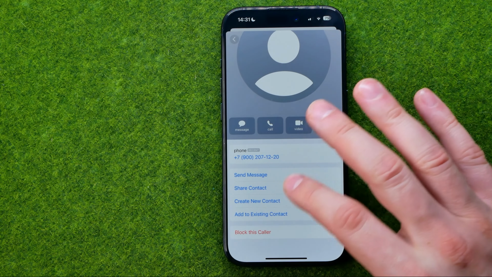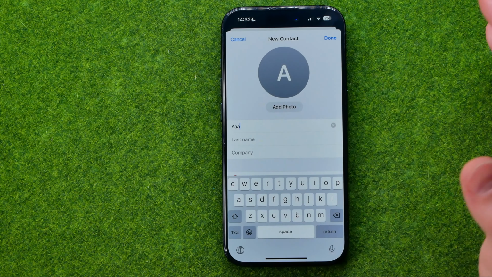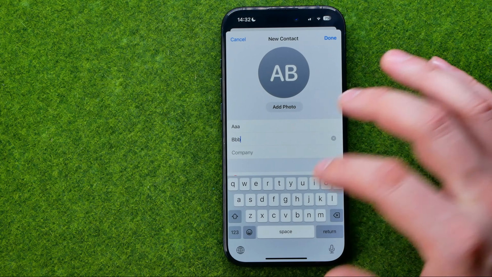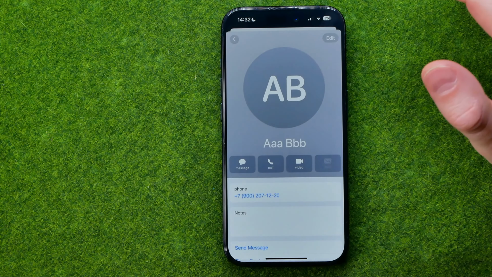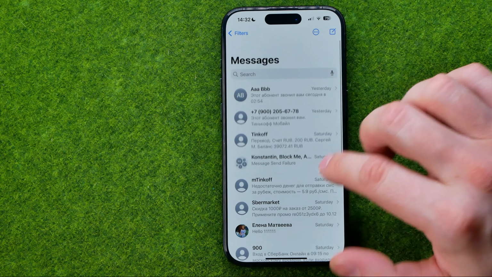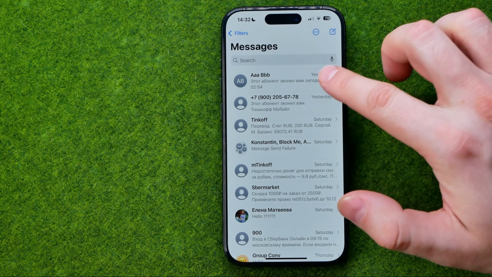Let's say I'm gonna create new contact. That's where we can enter name and last name for that user, and once it is done, to save the changes, I'm gonna tap Done. And now if we go back to Messages app, we can see that now that user is showing here with